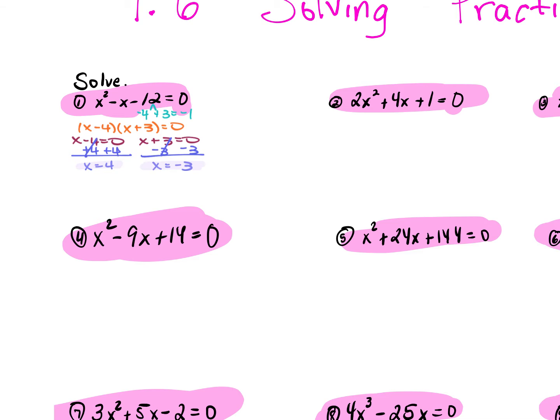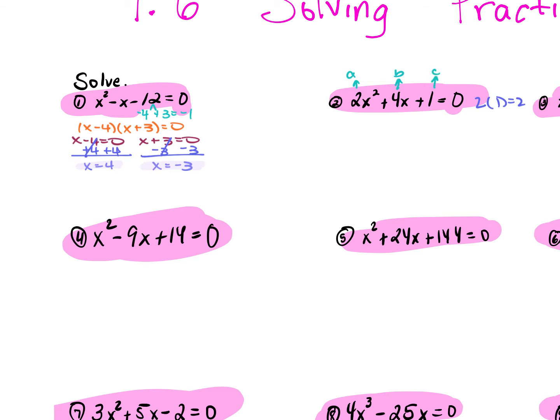So since it's not, we're going to leave it the way it is and just factor it by multiplying your a and your c term because a is something other than 1. So 2 times 1 gives us 2. What are our factors of 2 that add up to be 4? Are there any? No, there's not. So from here, you're going to find out your a, your b, and your c, and use